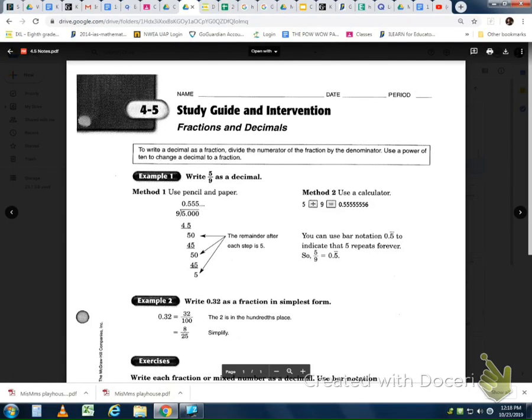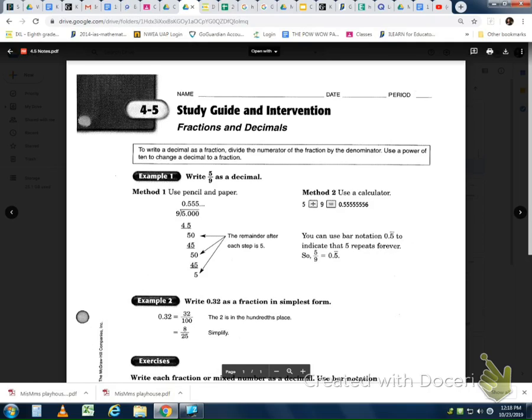Lesson 4.5, fractions and decimals. So today our job is to take a fraction and be able to convert it to a decimal, or take a decimal and convert it to a fraction. Some of these are a lot easier than others. Pretty much going from a fraction to a decimal,